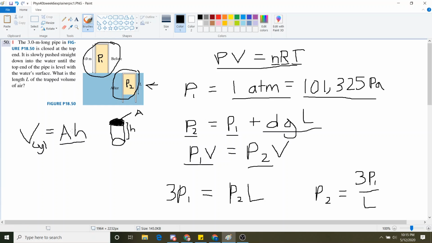I just divided out the area on both sides to get 3, because we know that 3 is the initial length of the pillar of air, and L, because we know that L is the new length of the pillar of air inside of the cylinder. And if we rearrange that, we get P2 equals 3P1 over L, and then we can plug that back into this equation to get